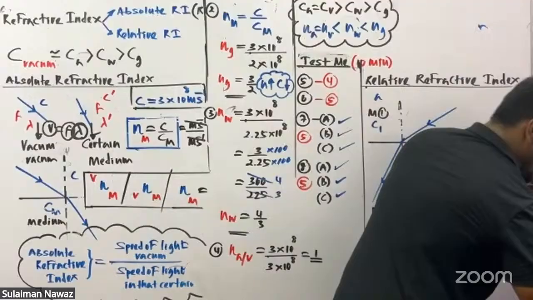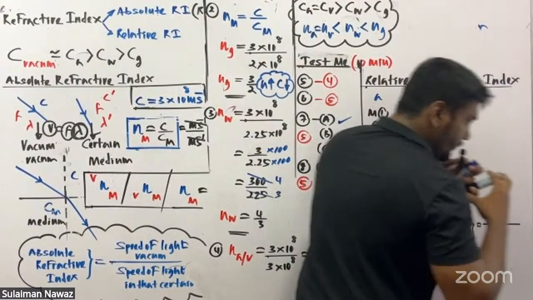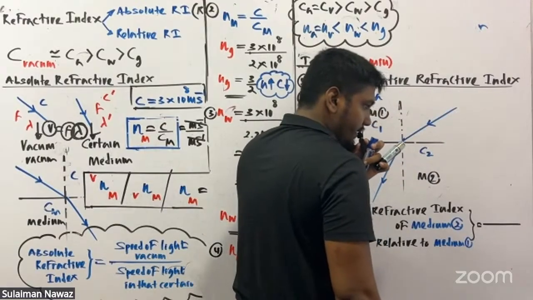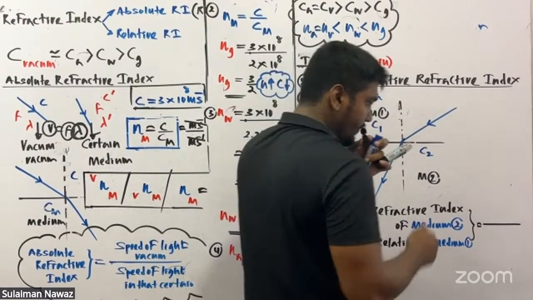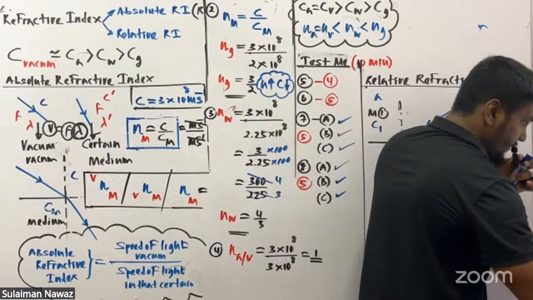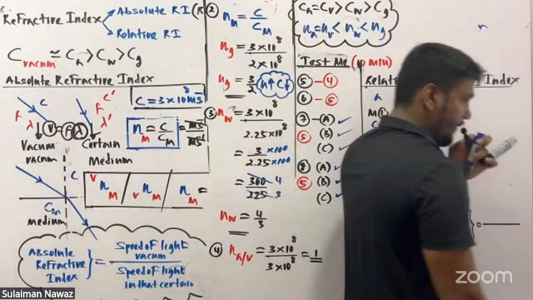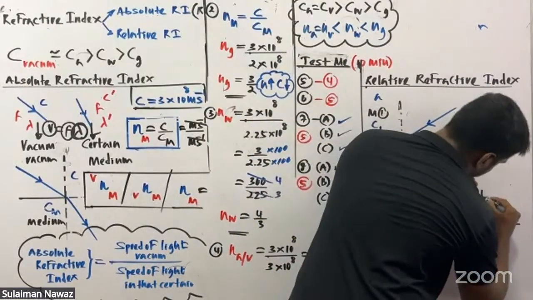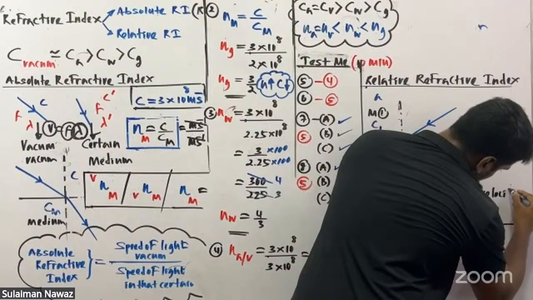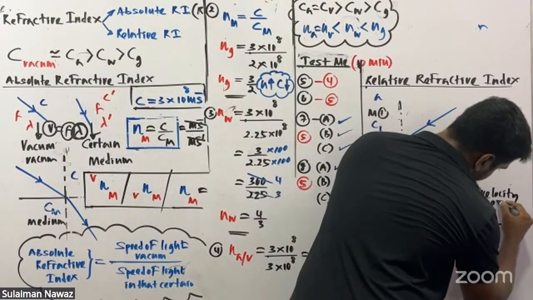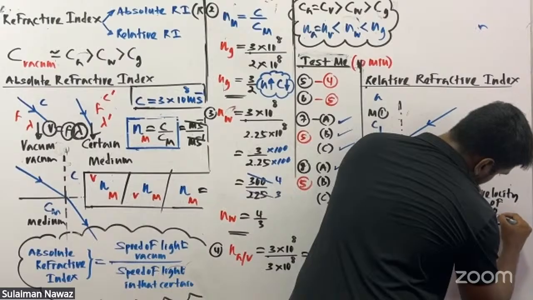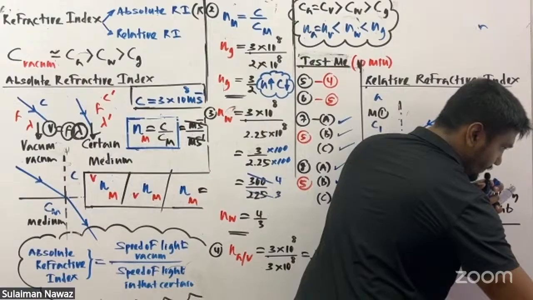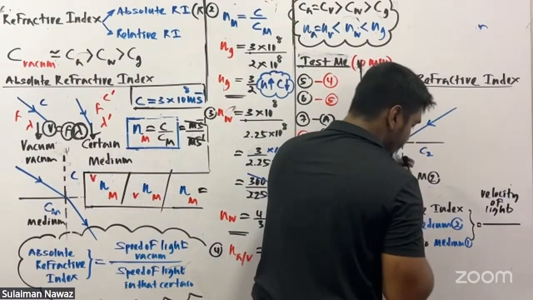Speed or velocity, up to you: velocity of light in medium 1 over